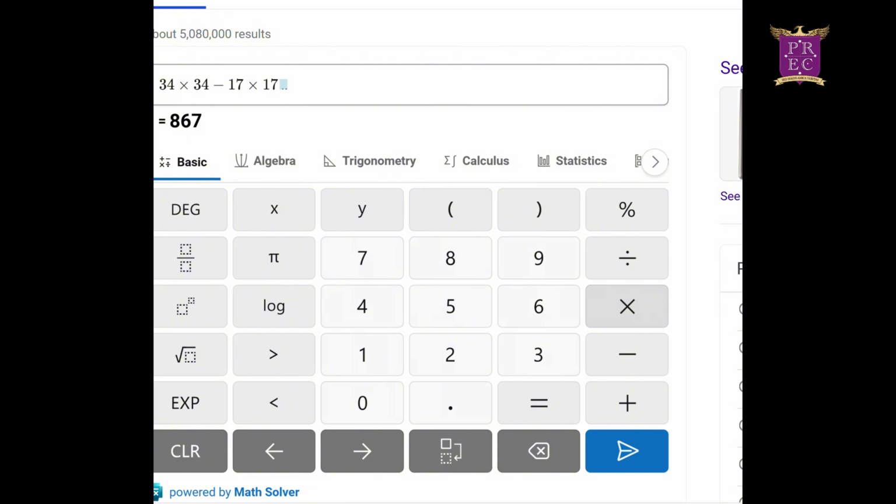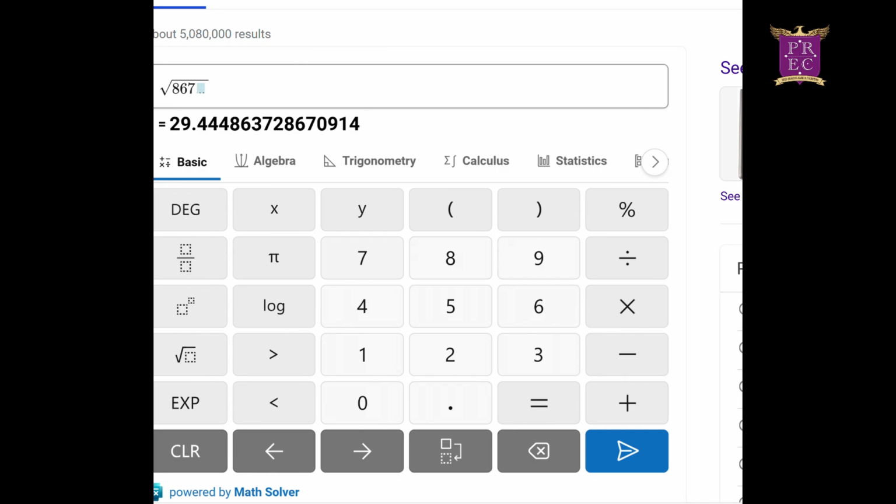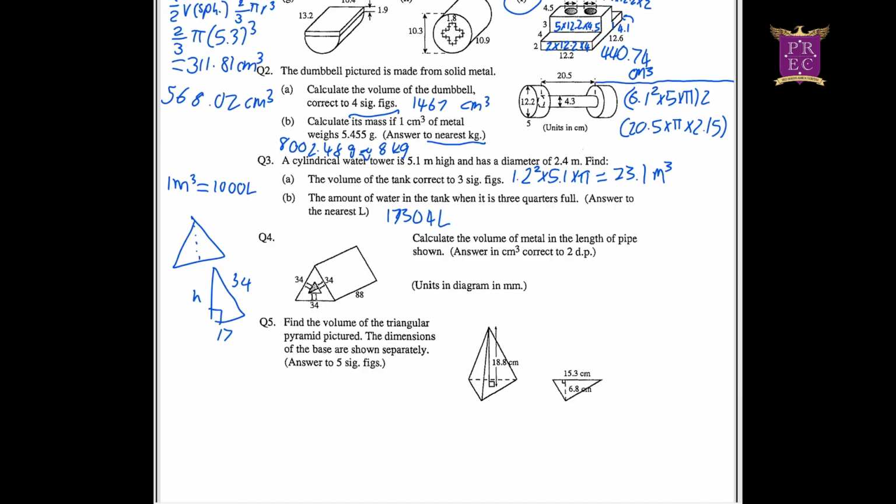Now what we need to do is find the square root of 867. What does that give us? That gives us 29.44, and that's our height. We'll go back here and say the height is 29.44. Now that we know what the height is,